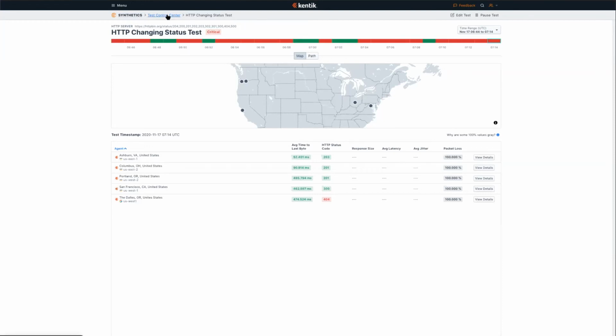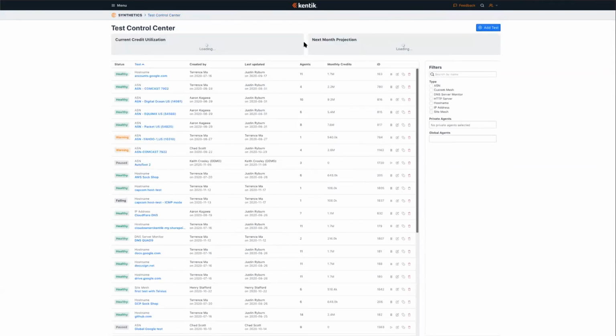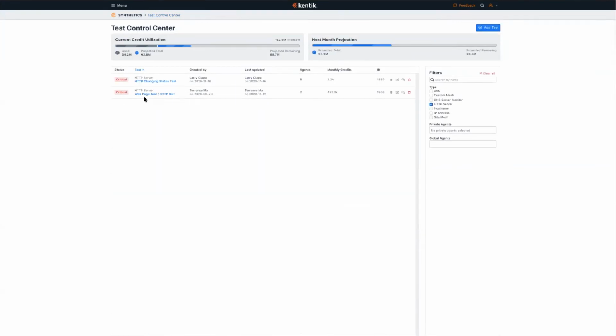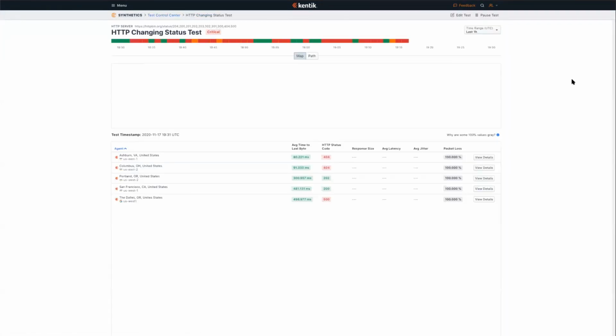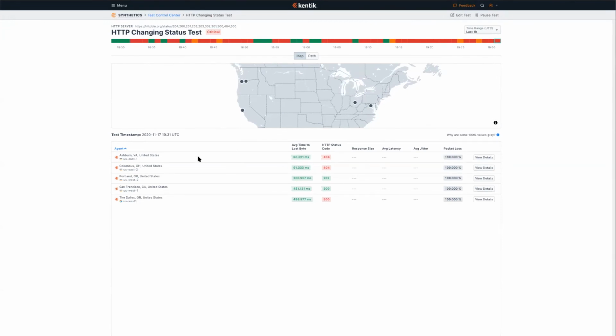Actually, let me do this. Let me go and pick one. This particular test didn't have the ping option picked, so it doesn't show you results there. But I'm going to go ahead and find a different one that does have that, hopefully. Let's pick this one. This one doesn't either. But you can see in this case, at least that,